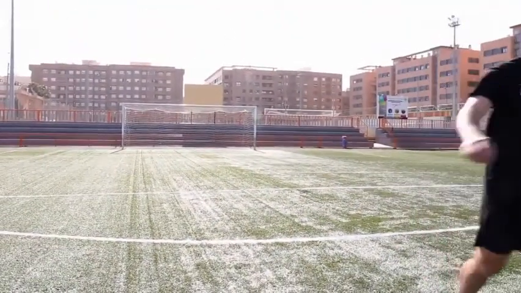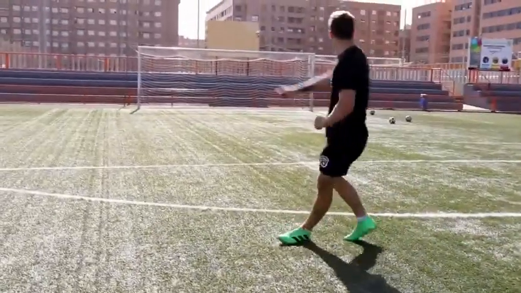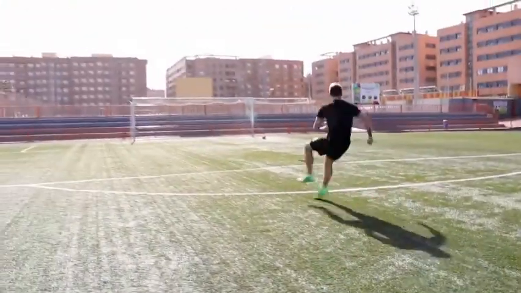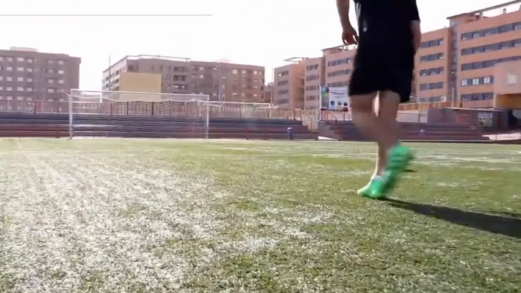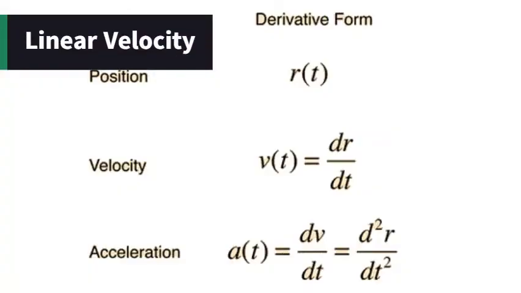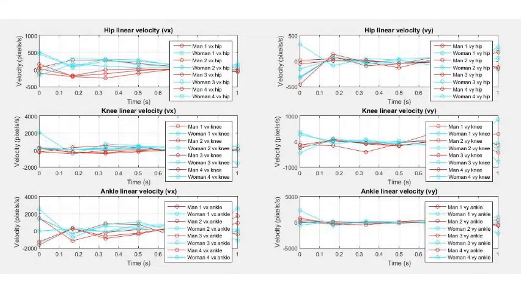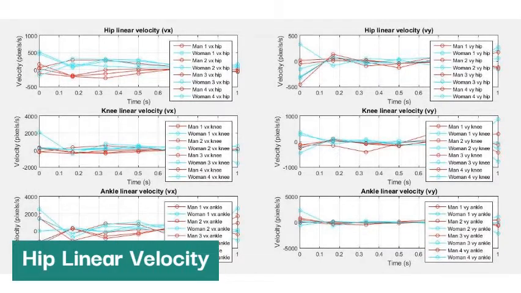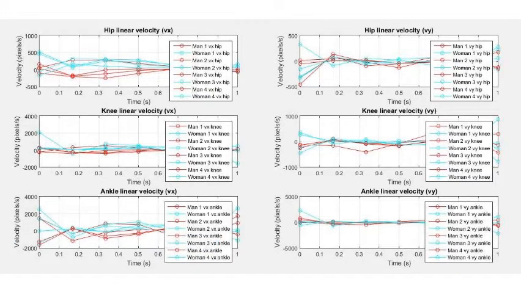With the time and position calculated from the frames and coordinates before, we were also able to calculate the linear velocity in the x-axis and in the y-axis in hip, knee, and ankle for each subject. The graphic shows us how the linear velocity of the hip in the x-axis, that most of the subjects had a decrease in the velocity from the beginning until the second